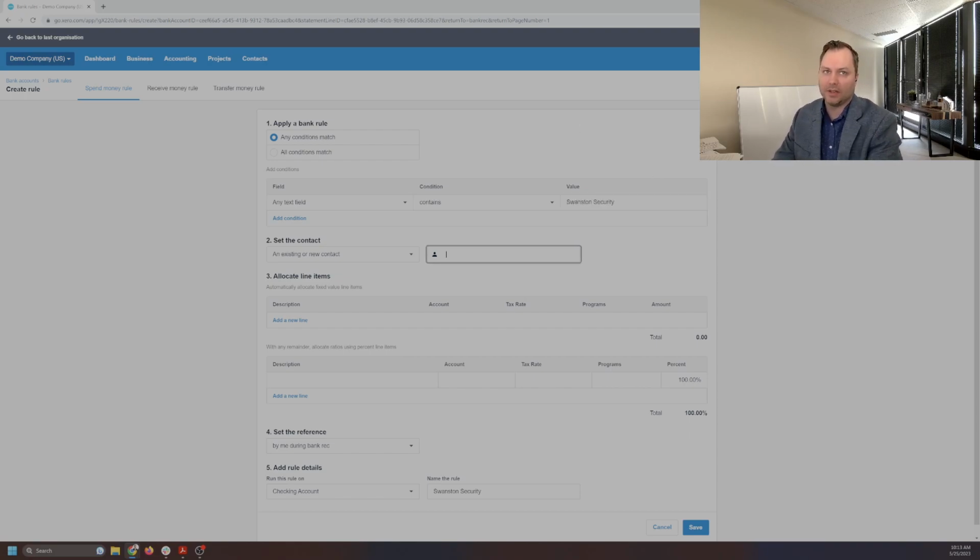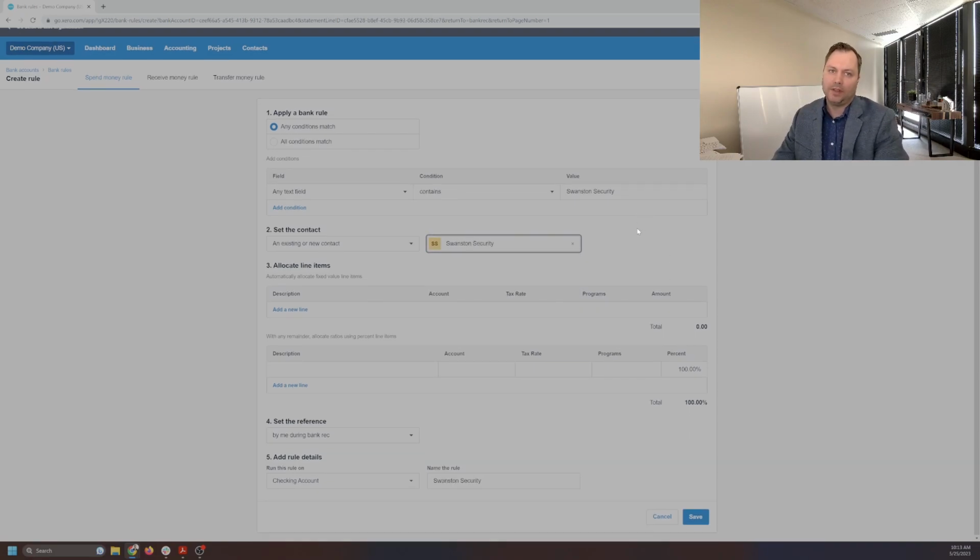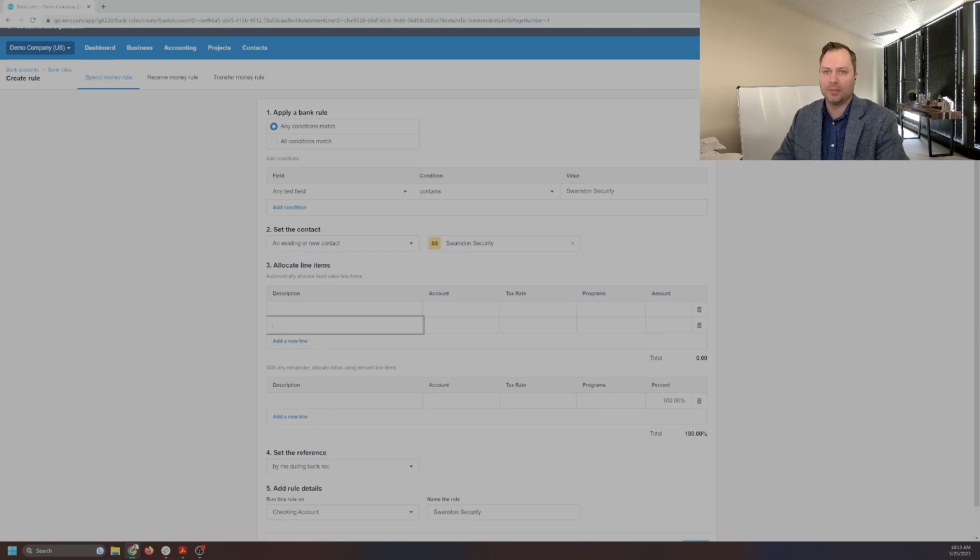Then you come down here and you do the vendor. If they currently exist, you click the existing one, or you can create a new one on the spot. Then if you come down here, there's two ways to allocate the amount for these transactions. You can do it by dollar value. So say you get charged $150 per month from this vendor, but you want to split it out. So you come in here and say, this is for